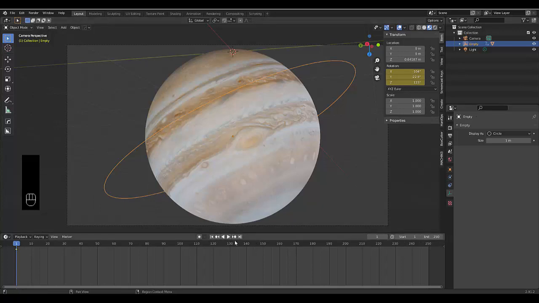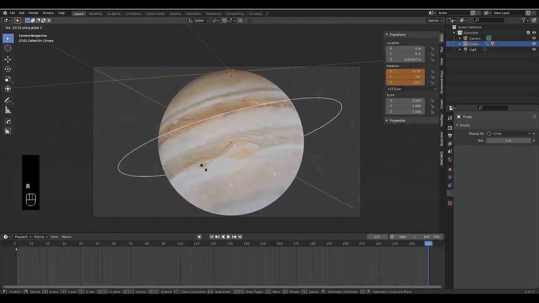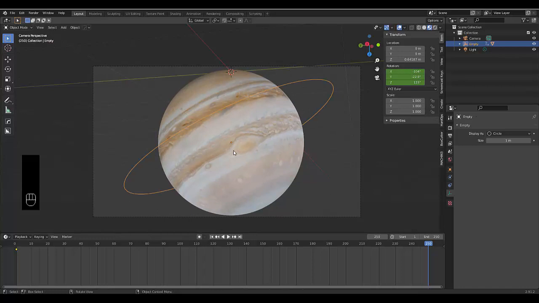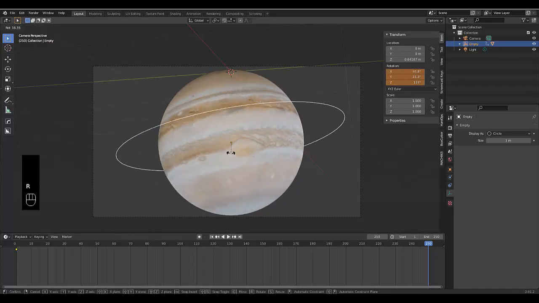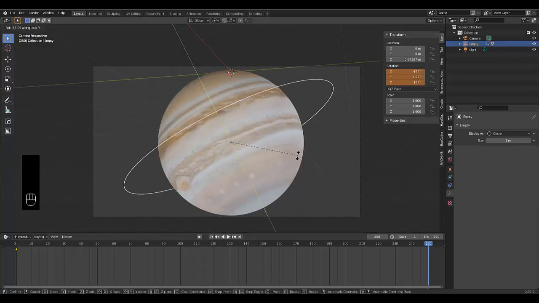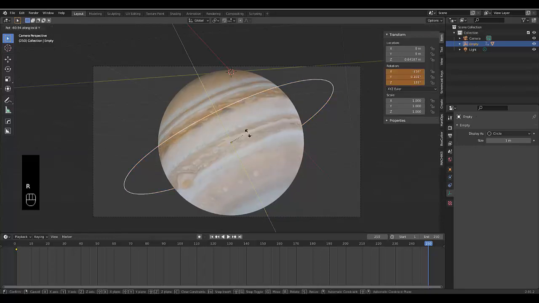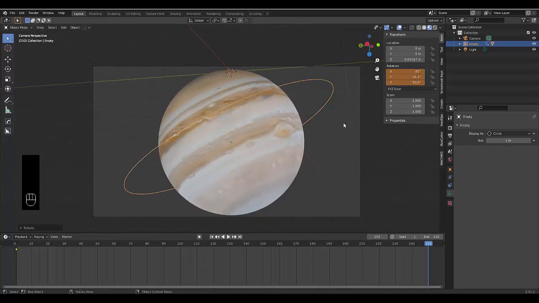Let's go to the end frame. In this case, it's 250. And let's rotate this. So what we want to do is press rotate, and then you have to choose the axis. So now if you choose the y-axis, it looks funny, but if you choose the y-axis again, it looks correct, because you want to be on the local axis. So we're just going to up this to, let's try that again, R, Y, Y. Maybe just about that much, and then we press I again, rotation. So when we go back and we press play,